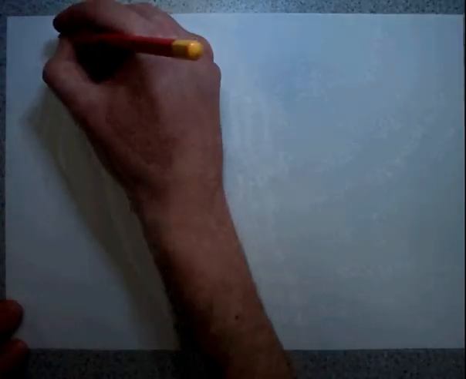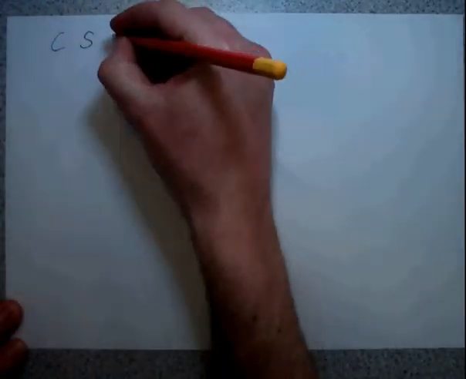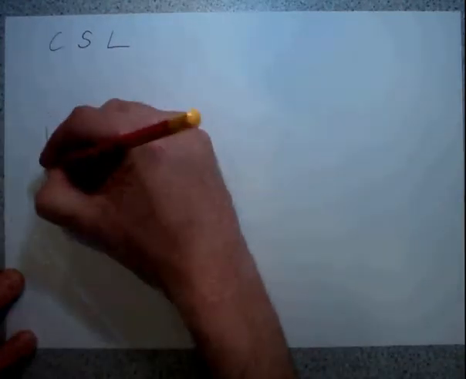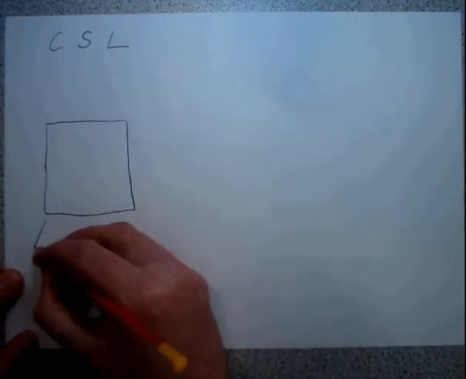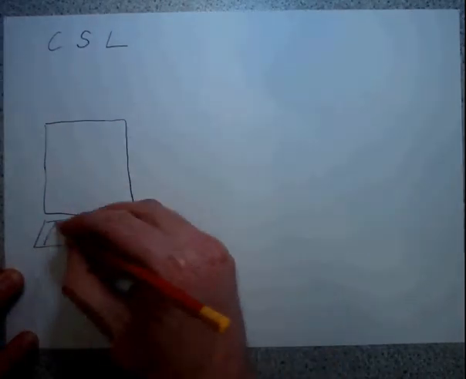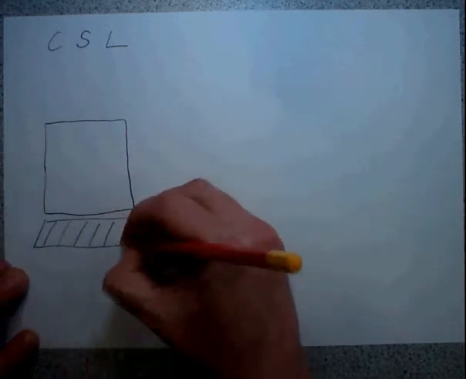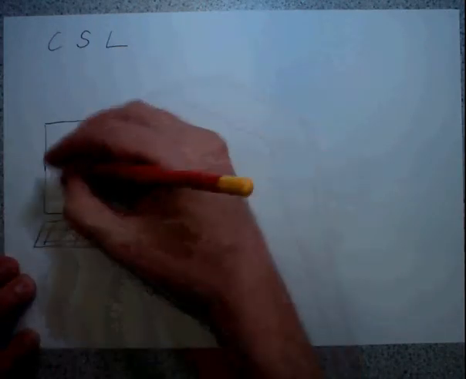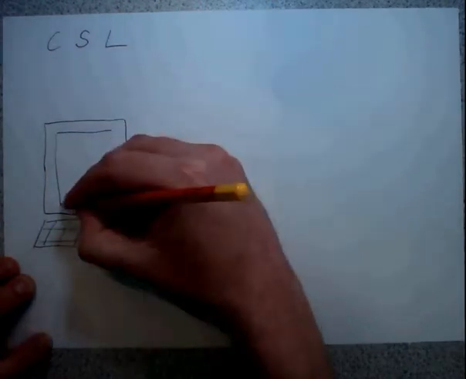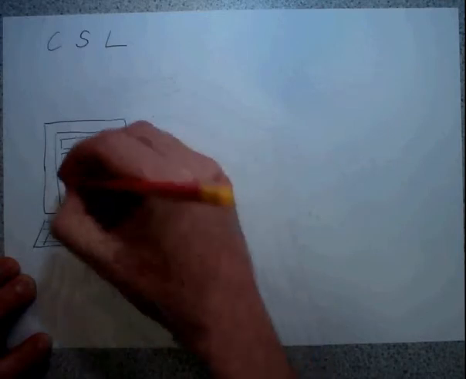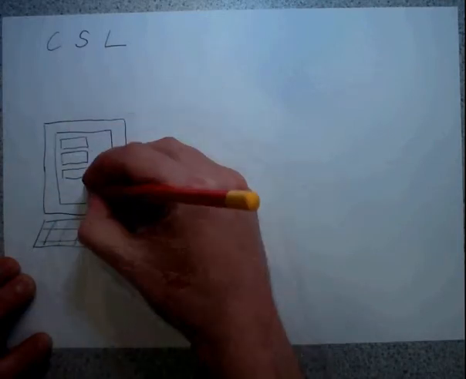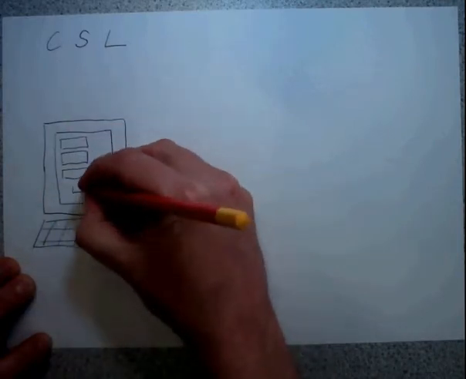So in this short video we're going to compare two different categories of web programming language, and the first one we're going to look at is called client-side language, which is where we might have a client PC. So I'm just drawing it very badly now, and that's supposed to be the keyboard for it. And on that client PC we might be able to view a web page. So there's some text boxes on the web page, and there's a couple of submit buttons,